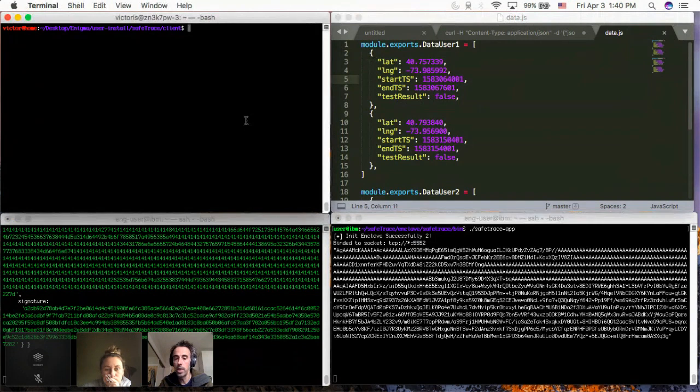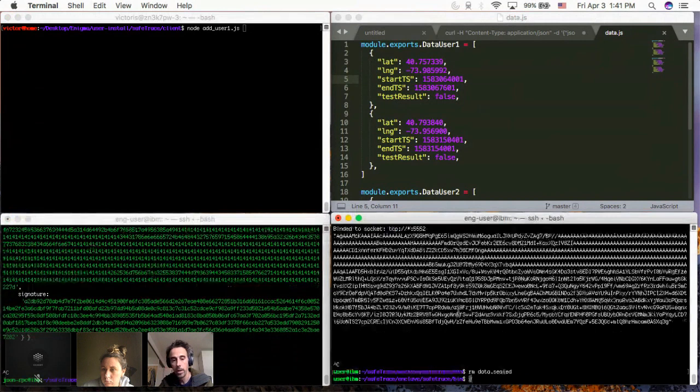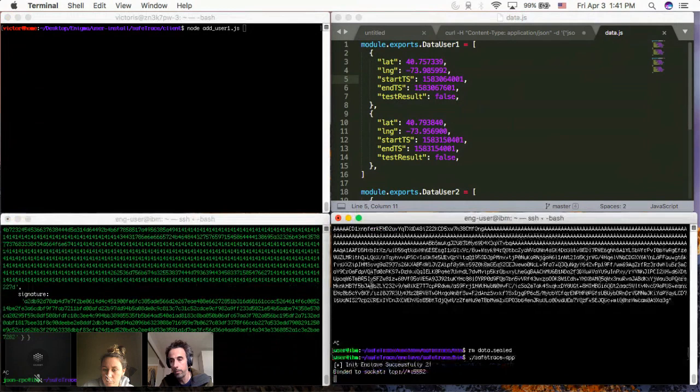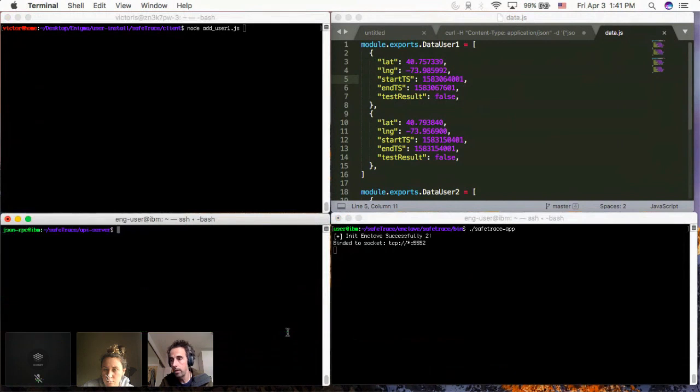Right. So here I'm doing this with JavaScript, and I have a script that will add this data. Oh wait, 1 second. Sorry, I want to reset something. I want to make sure that I start from an empty state. 1 sec. Let me clear the window. Yes, I need to restart this one.